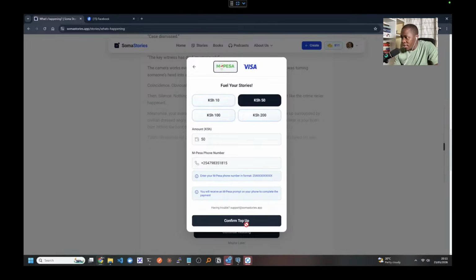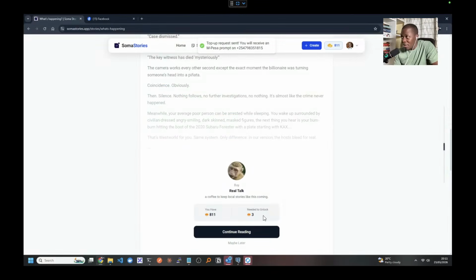And then I'll say confirm top up. So the entire process is made that simple. It uses what you call M-Pesa STK. And as you can see, I already have the prompt on my phone telling me I want to pay 50 shillings to Soma Stories. So if I enter the PIN and accept the transaction, 50 shillings will be topped up to my Soma Stories account, and it will be converted to tokens, these tokens, which I can use to unlock